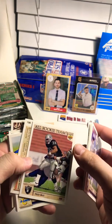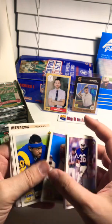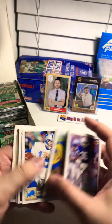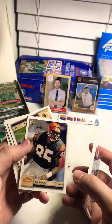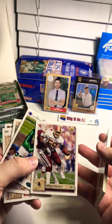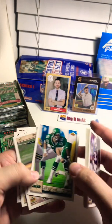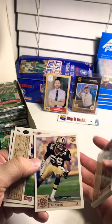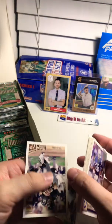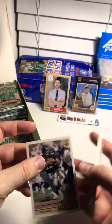Nick Bell, Gaston Green, Henry Ellard, Eric Kramer, Tim McGee, Wilbur Marshall, Jeff Lakeman, Pat Swilling, Alexander Wright, Chris Miller,